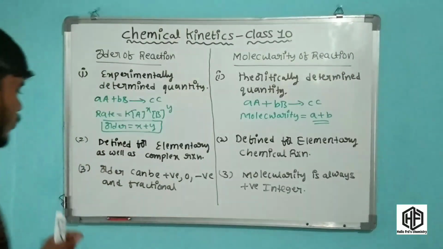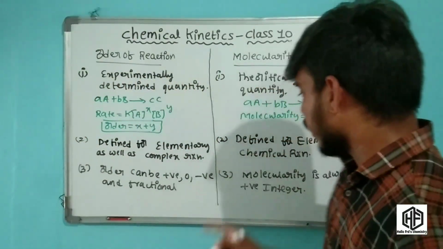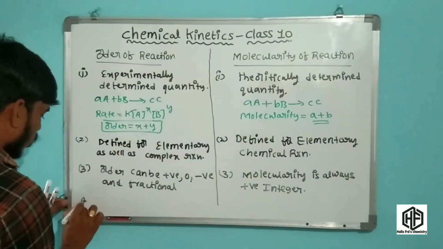This is the third important point, friends. Order can be positive, negative, zero and fraction, but molecularity is always a positive integer. And the fourth one is